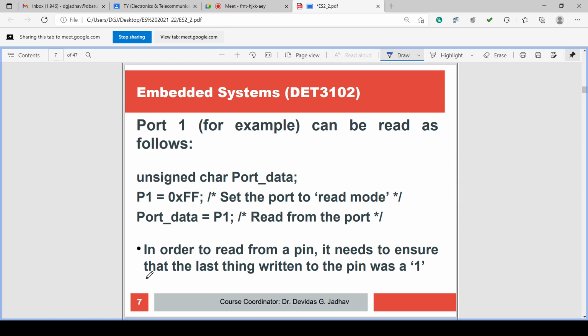You have seen, port 1 can also be read. This also we discussed yesterday. P1 is equal to 0xFF. First we have to set the port into read mode. In order to read from the port, you need to ensure that the last thing written to the pin was 1.